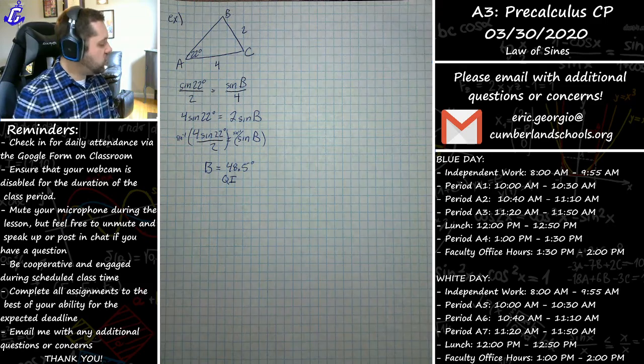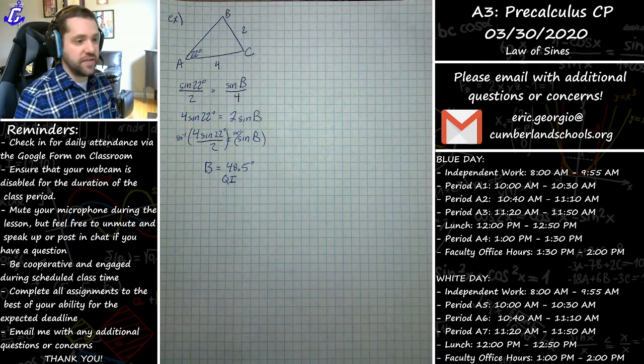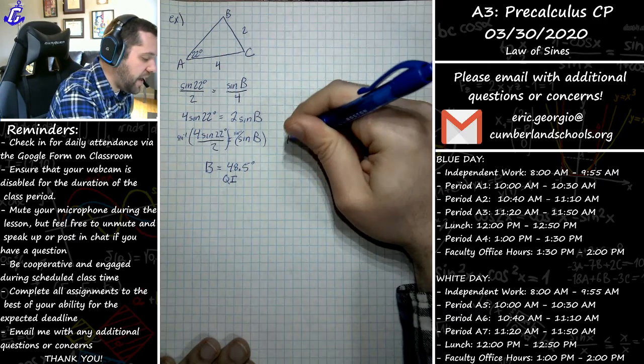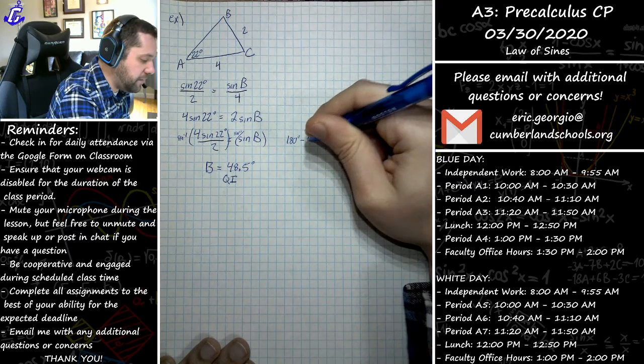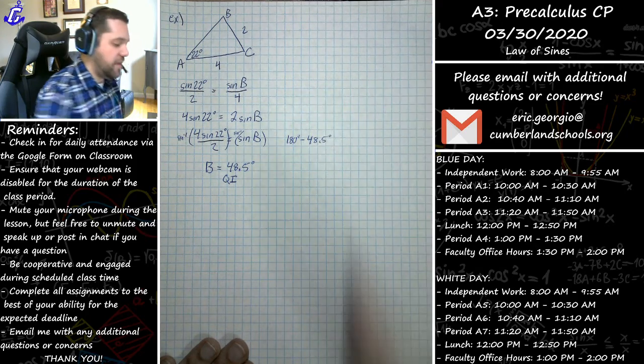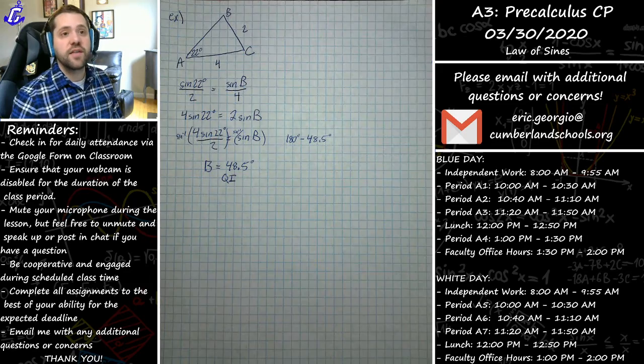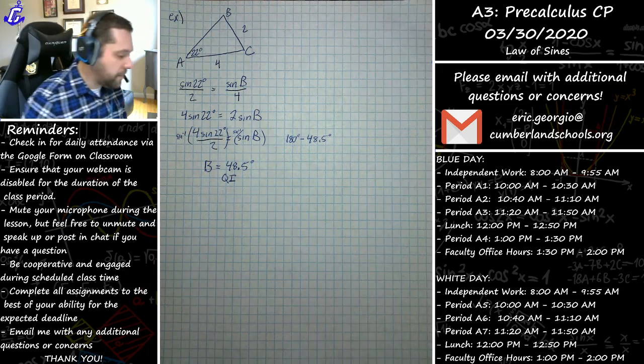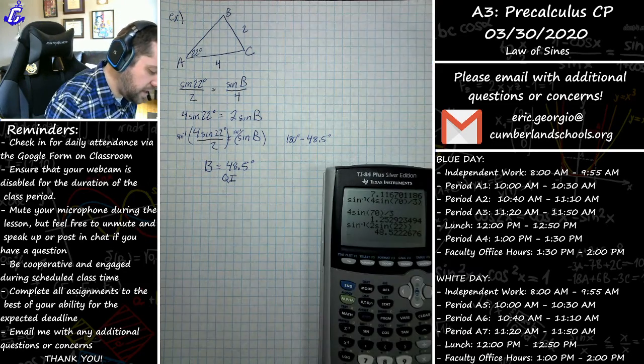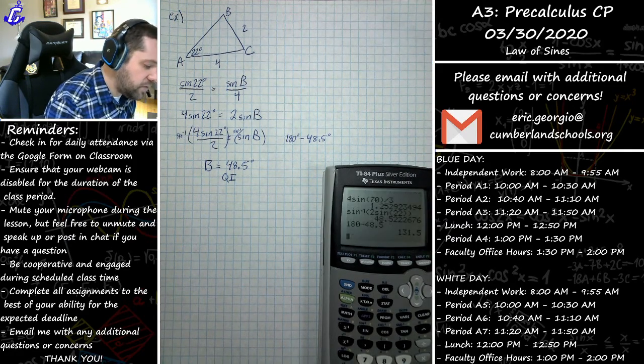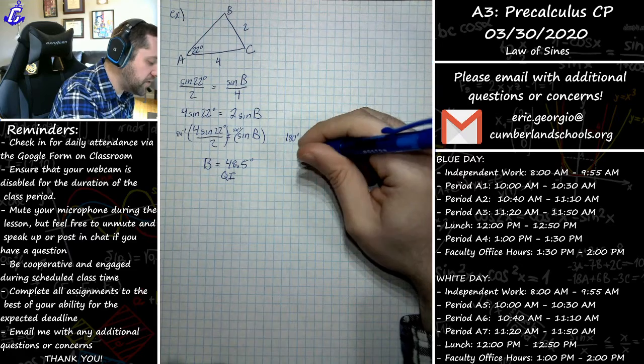However, this triangle could also exist potentially in the second quadrant, where our angle B could be 180 degrees minus 48.5, because there's another angle in the second quadrant that shares the same sine value. I would do 180 minus 48.5. You would get that angle B could also be